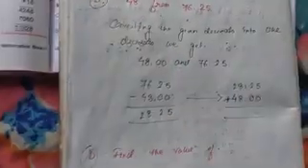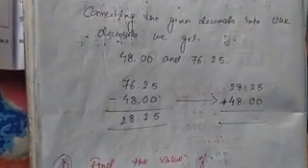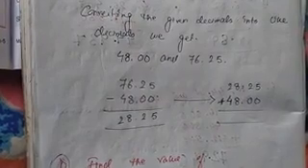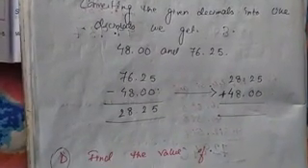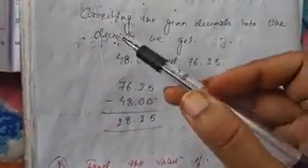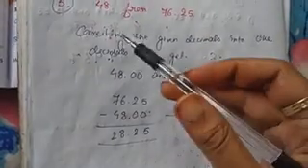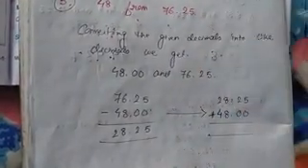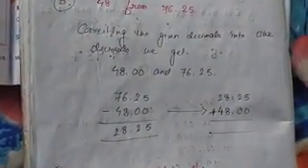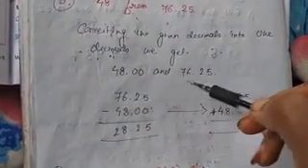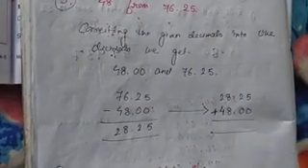Now number C, subtract and check your subtraction. First, we have to subtract the numbers, and with the given numbers, we have to check whether the subtraction is correct or not. So let's first convert the given decimals into like decimals. As 76.25 has two places of decimal, convert 48 into two places of decimal. So 76.25 minus 48.00.